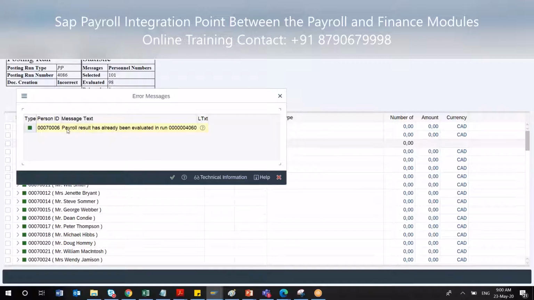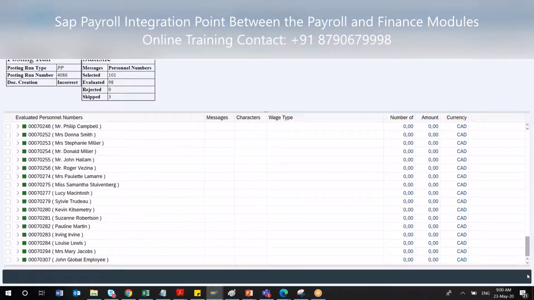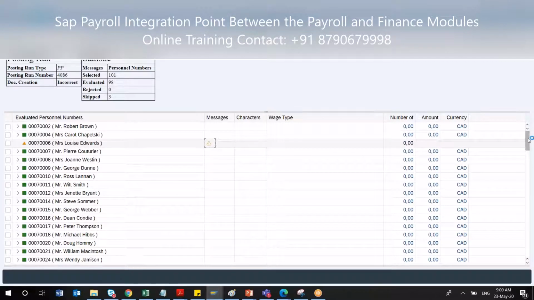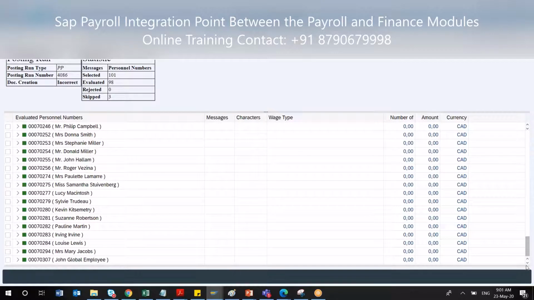That means this employee has already been evaluated in a different run, in another posting cycle. For that reason there is a warning here. In this way you can diagnose each and every employee's details of how the finance posting is happening, and if any error comes, why that error is coming.